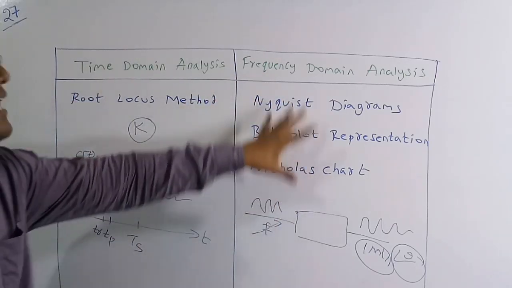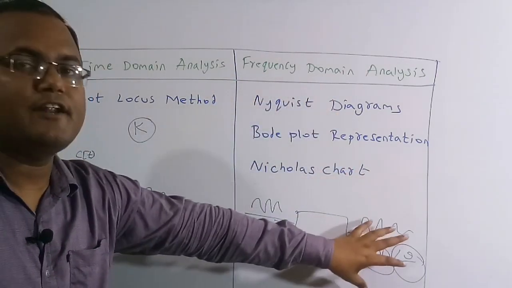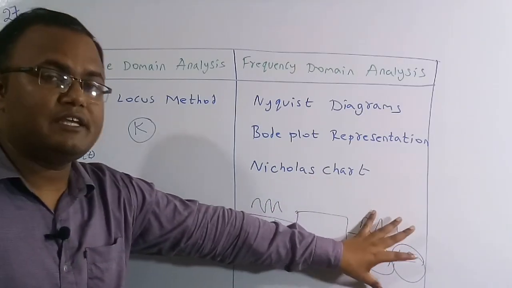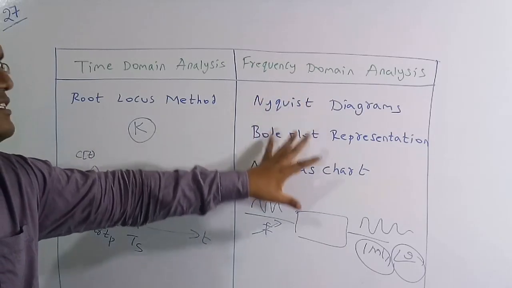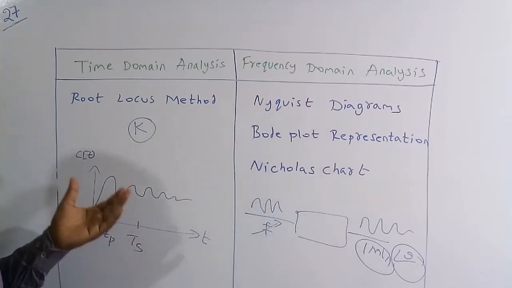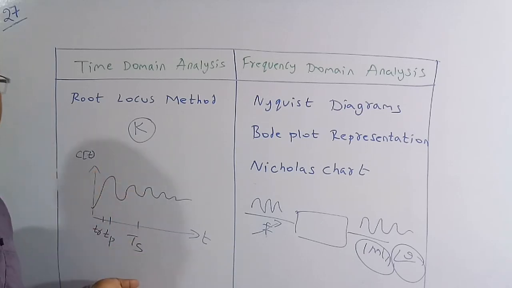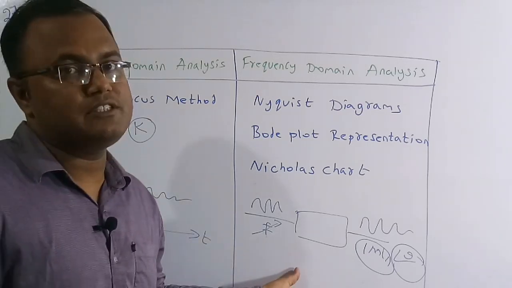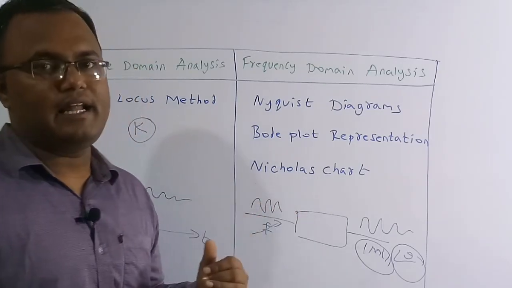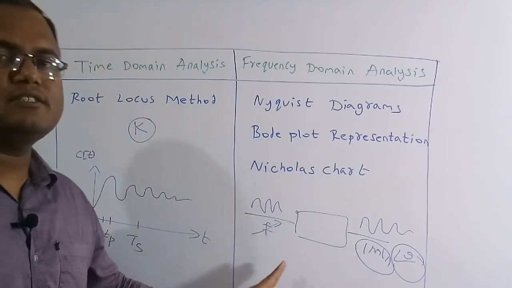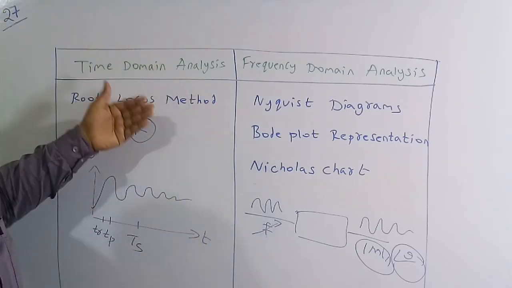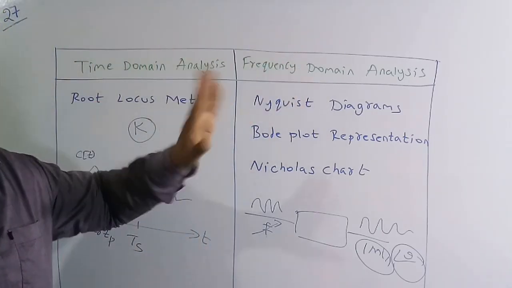But by using the frequency domain methods, we can know what is the nature of the output for a given frequency and also the phase angle with respect to the input. All these things we can figure out. So for interrupted systems, we can figure out the transfer function with the help of time domain methods. For uninterrupted systems, we can figure out the transfer function with the help of the frequency domain analysis. Both have some advantages and also some disadvantages. So these are the methods for time domain and frequency domain analysis.